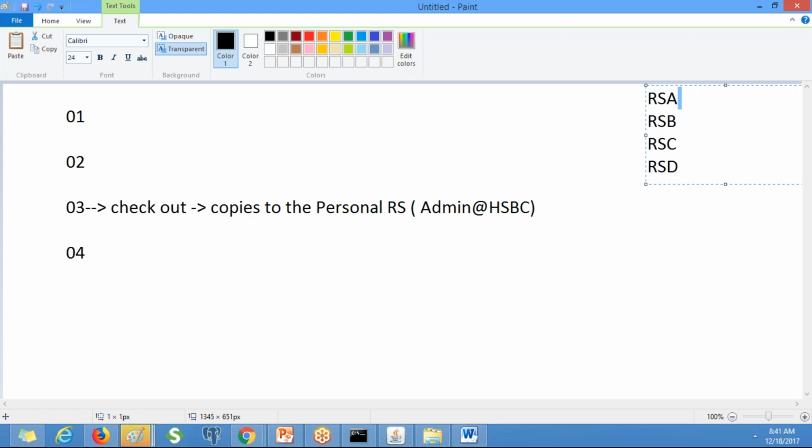Then all the rules in this rule set can reference all the rules which belong to the application rule sets. So rule set B, rule set C, rule set D will have some rules, right? All those rules can be used by the rules which are there in rule set A.